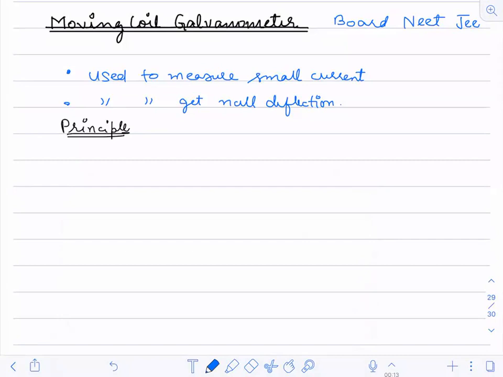The principle is that a coil experiences torque when kept in a magnetic field. So what is the principle? A current carrying coil experiences